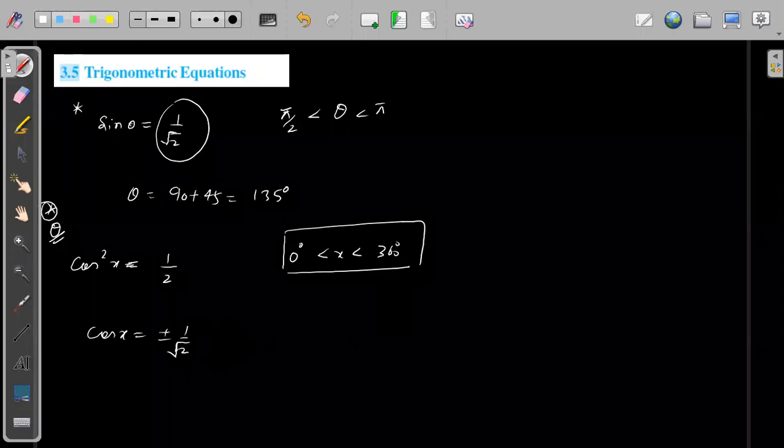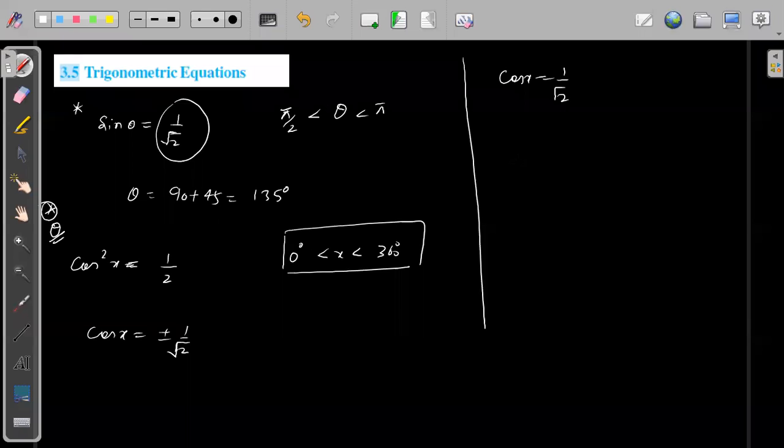So first, wherever cos of x is equal to 1 by root 2. When is cos of x 1 by root 2, when x is less than 360 and greater than 0? So cos x is plus 1 by root 2. That means either angle x can be plus 45 degrees or x can be minus 45 degrees. For both these values, cos x will be 1 by root 2, as cos of 45 is equal to cos of minus 45 degrees. This is 1 by root 2. So two angles we have got, 45 and minus 45. Everybody understood this?